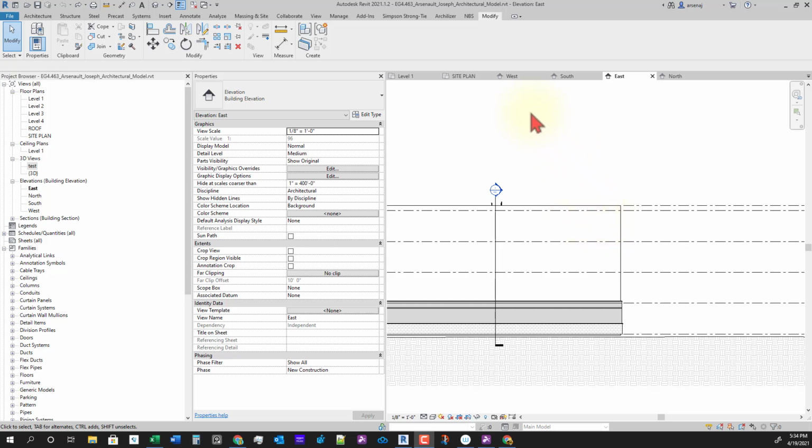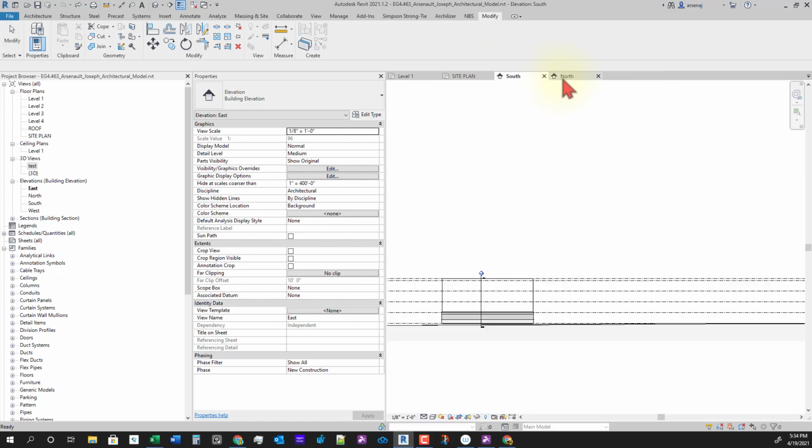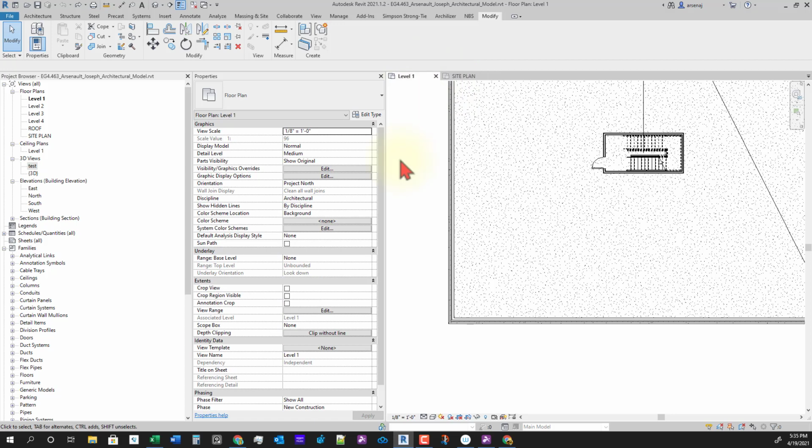In this video, we're going to continue working on our building. We're going to make some things easier for us. So if you open your floor plan to level 1,